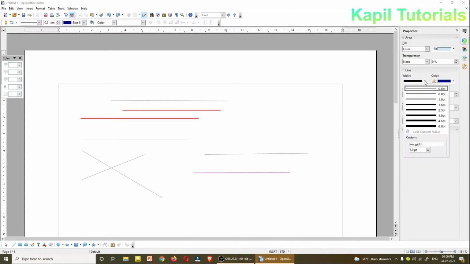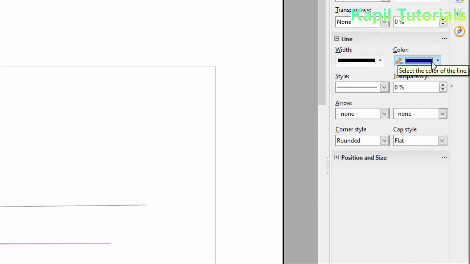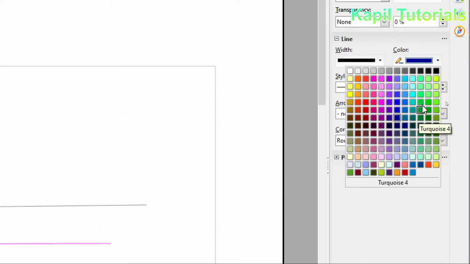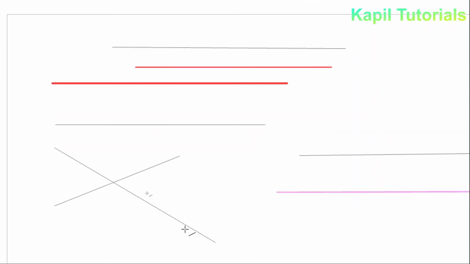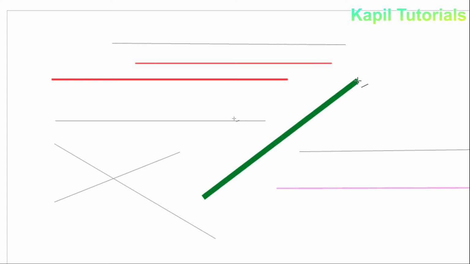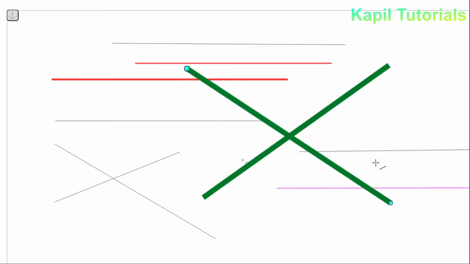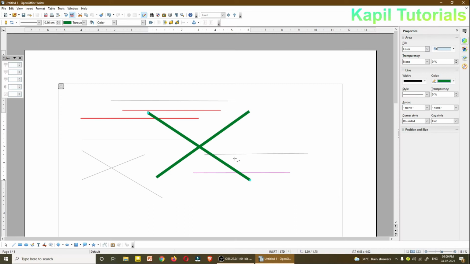After selection, from here I can select the width, suppose 4.5 I am selecting, and from here I'll select the default color, suppose dark green. Now whatever line I make will take the default properties that I have set.